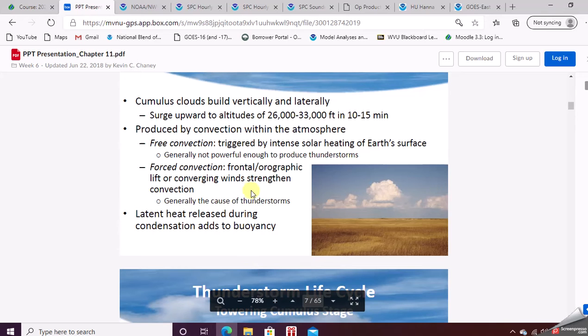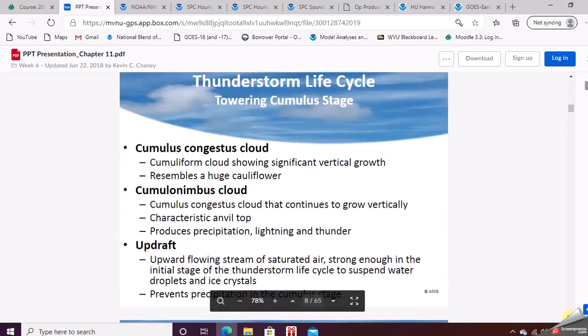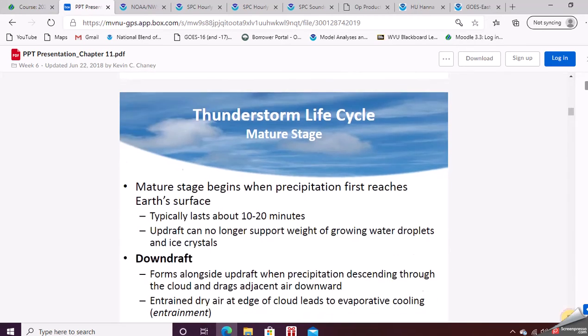But most of the time, there's a front or orographic lift or winds converging, maybe from a sea breeze. But there's some kind of convergence. When that happens, the lift begins, and what happens is it eventually hits saturation. Saturation releases latent heat. Then the instability kicks in, and you wind up with just what we talked about, that thunderstorm. So now that we've talked about the various stages of it,